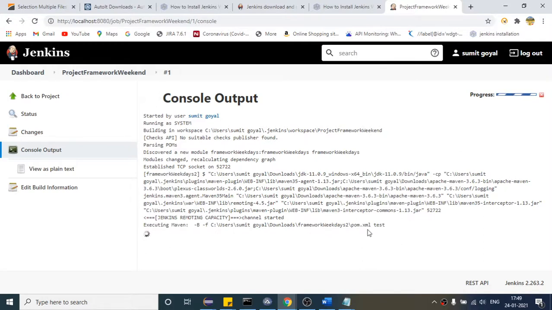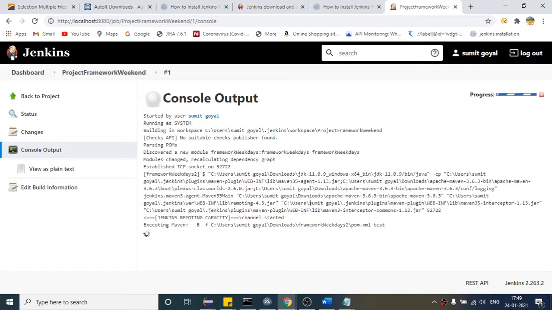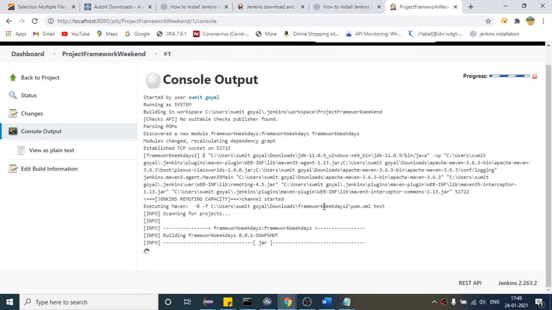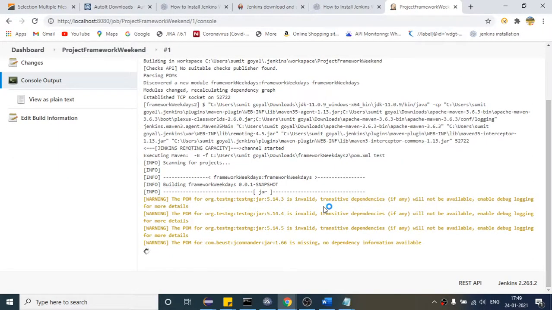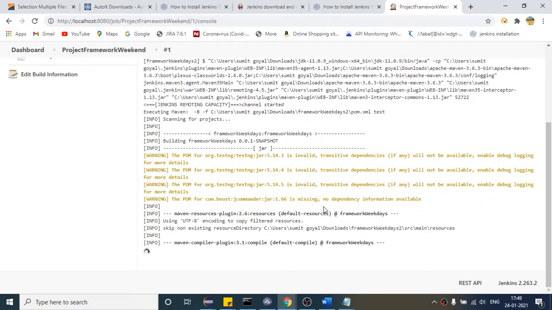You can see it is referring to the pom.xml which I provided. These are warnings you can ignore. That is not an issue. So our each and every test case.